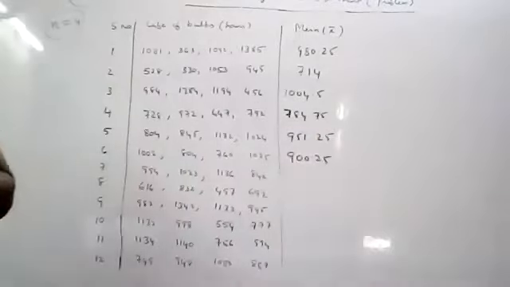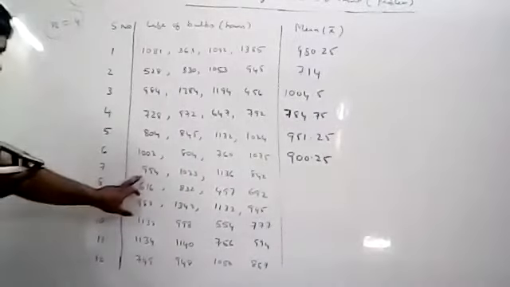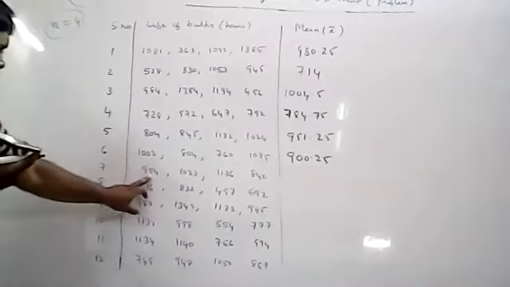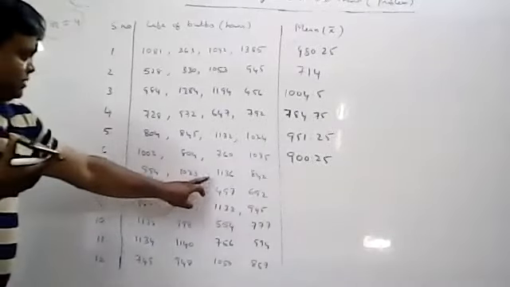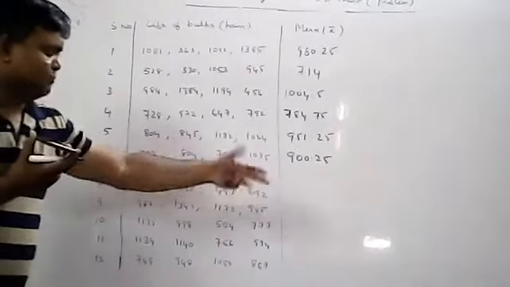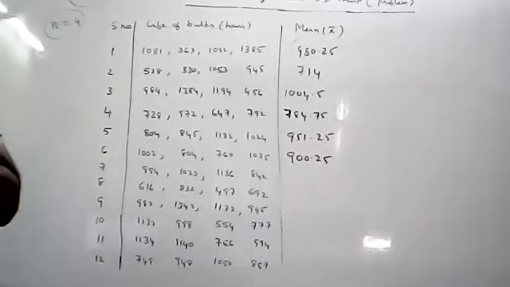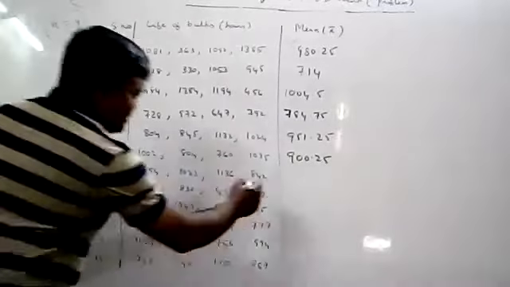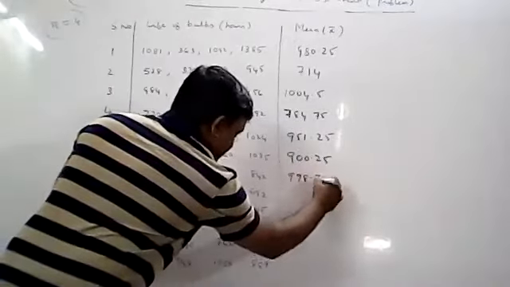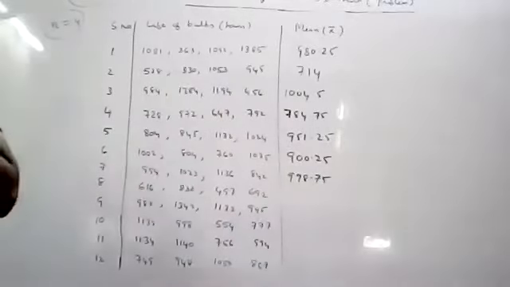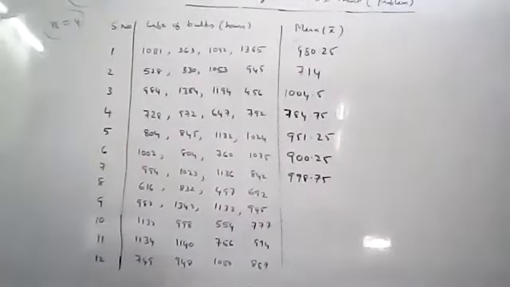900.25. Yeah, and next one. What is the next one? 7th sample. We are coming to the 7th sample. 994, 1023, 1136, 842. Again, I am reading 994, 1023, 1136, 842, plus the equal to button, and then divide by 4. 998.75. Remaining people, they can write the values. Later on, they can check if you don't have calculators.